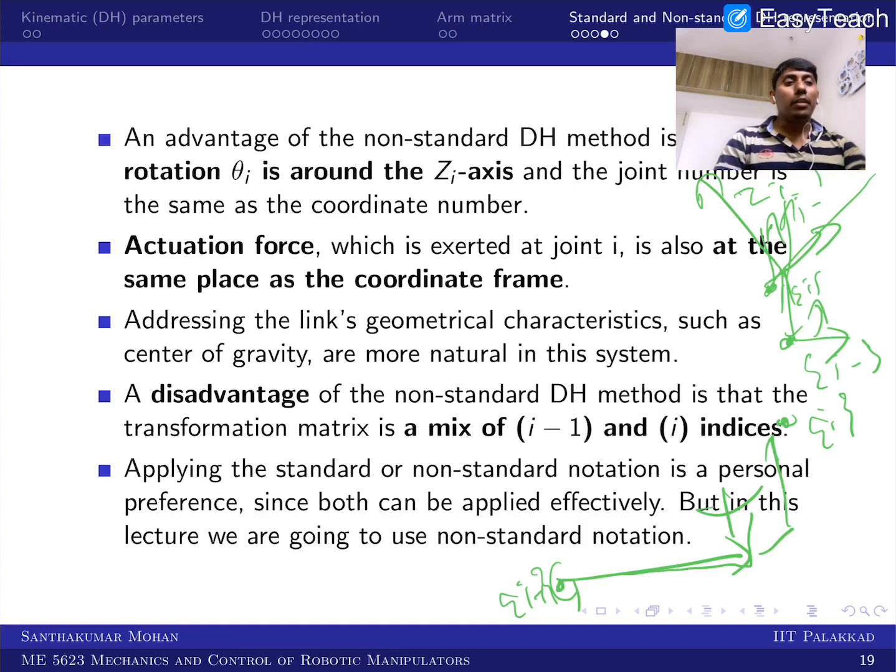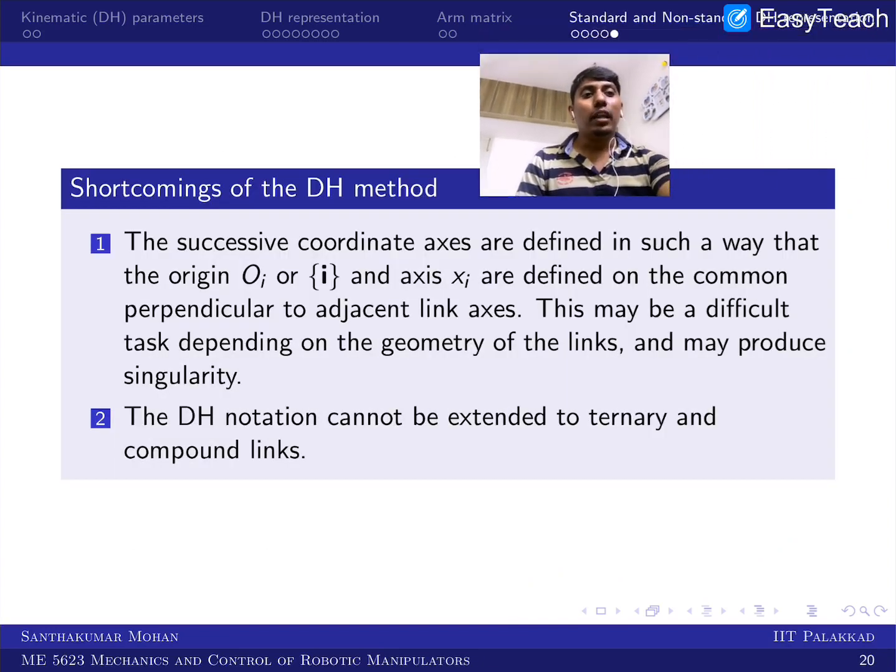Okay. So with that, I am closing this particular lecture with the shortcomings of the Denavit-Hartenberg method. This Denavit-Hartenberg method definitely cannot extend to a higher joint. In the sense, higher degrees of freedom you have to consider as n number of 1 degree of freedom joints, even that can be done, but the DH notation cannot be extended straight away to ternary or complex compound links. Denavit-Hartenberg gave an assumption that it is supposed to be a binary link. If you take one link, that should have only 2 joints. If it is having 3 joints, then you have to take a virtual 2 links. Although it is a single link, virtually you have to consider it as 2 links.